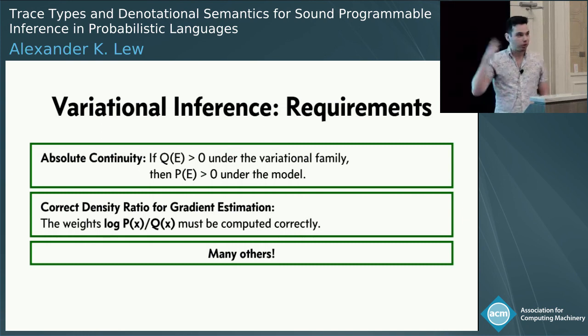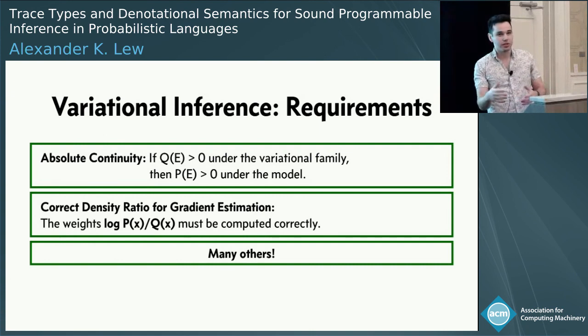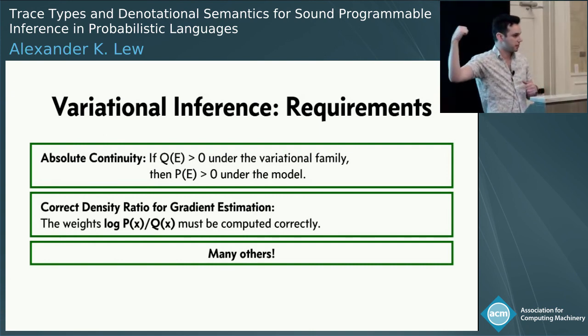And again, we have some requirements that come with this, and we saw them in the last talk. Unlike the other algorithms in this talk, we don't handle variational inference fully. So the last talk was talking about a lot of requirements having to do with differentiability that we're not handling here. So these are some preconditions to variational inference being sound. The other algorithms we're actually going to prove sound in some sense. The variational inference ones, all that we're going to do with our system is prove that we satisfy certain preconditions.